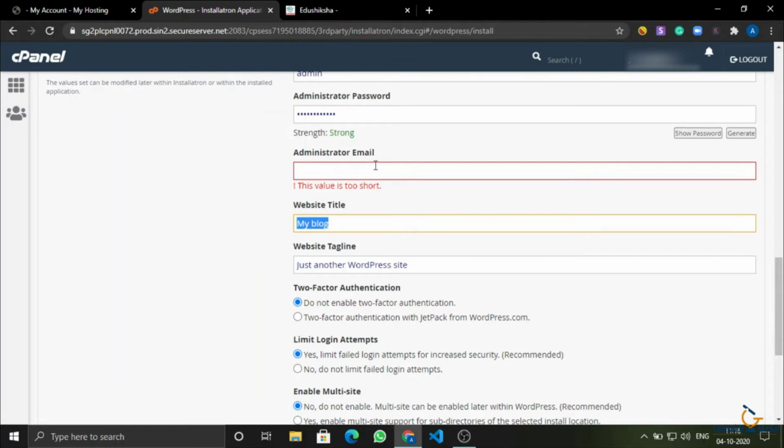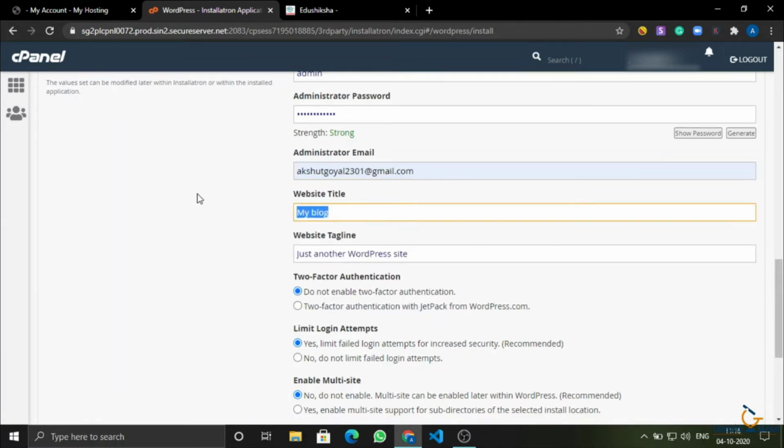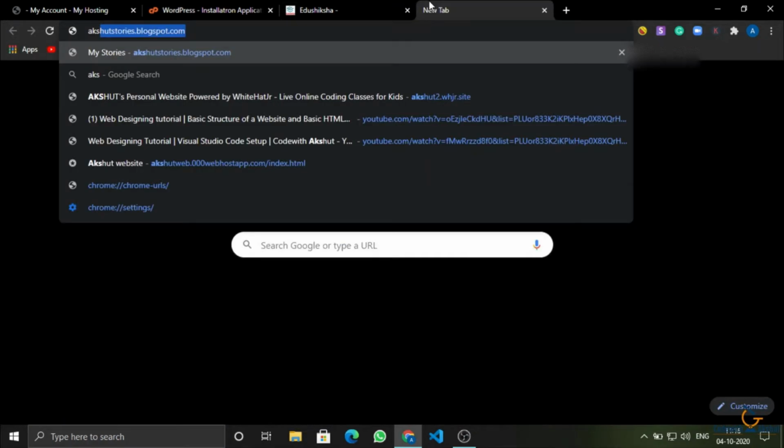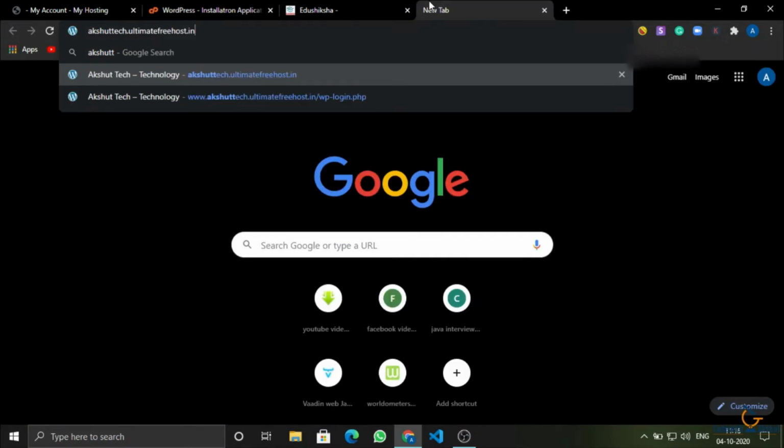Here is the title of the blog. I will just put my email for the time being. If I choose Edu Shiksha, or let's choose Code with Akshat. For the tagline, let me show you an example of it. I think it should work. If it works, then it's great, because I created some subdomains on free hostings, that's why.